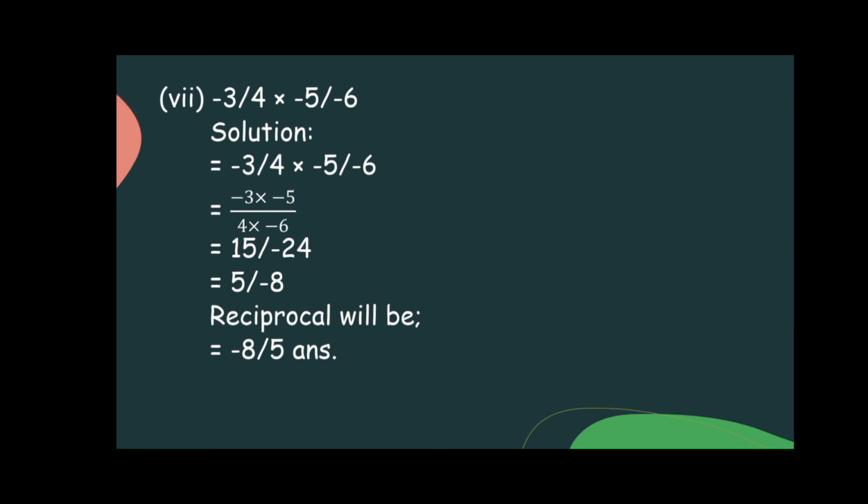That's it. If you are not clear, let's take this example. If you are asked to determine a number by which another number, say 5, is to be multiplied so that the product is 1, you immediately say the answer is 1 by 5. Because 5 into 1 by 5 equals 1 now. So we say that 1 upon 5 is the reciprocal of 5. Similarly, the reciprocal of 3 upon 4 is 4 upon 3. The reciprocal of 4 by 5 is 5 by 4. And so on. Okay? Now do the remaining parts yourself.